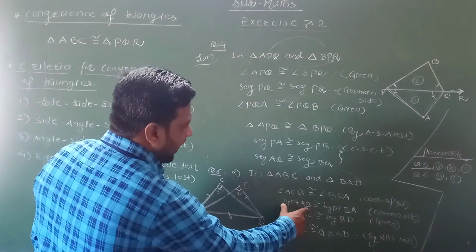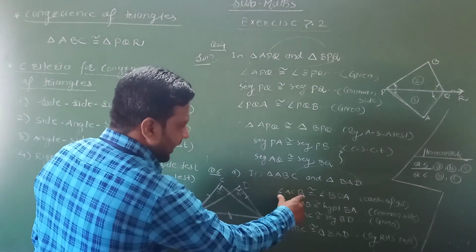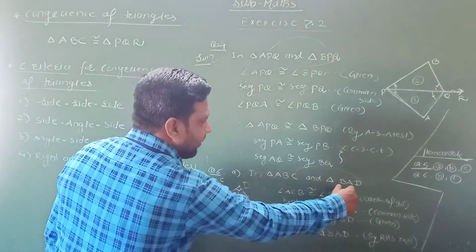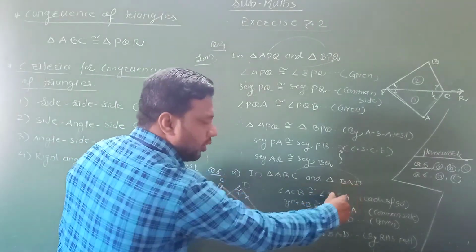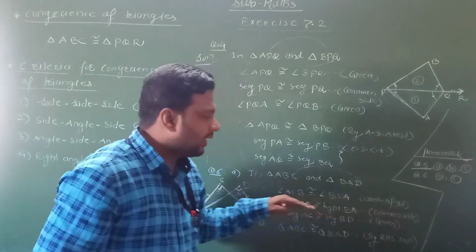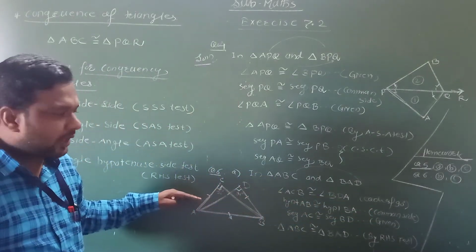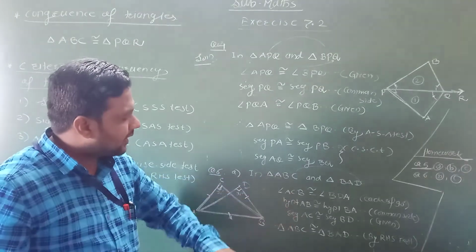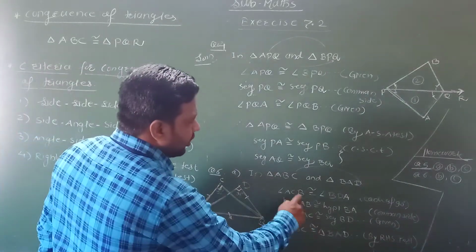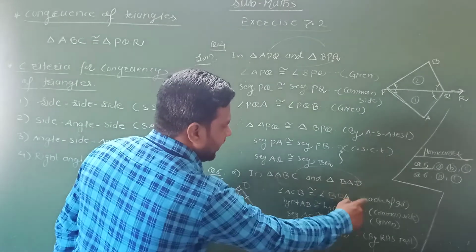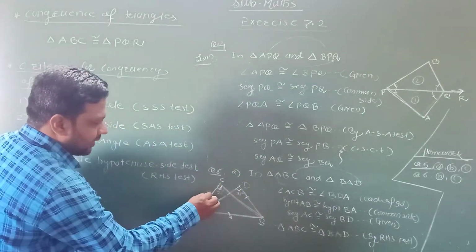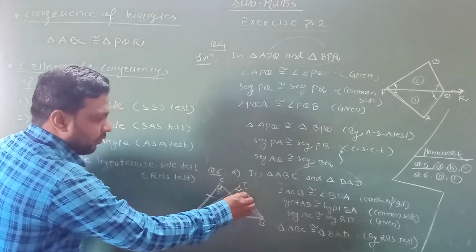Therefore here I write hypotenuse AB of the triangle is congruent to hypotenuse BA. Okay, this is the corresponding side and this is the common side in both triangles. This is the hypotenuse. Okay, and the third part of this triangle is the side, that is segment AC is congruent to BD according to the correspondence, and this is given by the same symbol in the given figure.